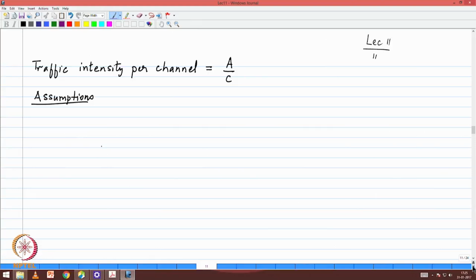I have a system that has C channels, and these C channels are being offered a certain amount of traffic, and the desire is to find out what is the blocking probability of this system. And so the formula that Erlang had derived is that the probability of blocking